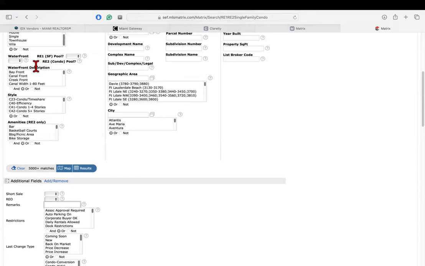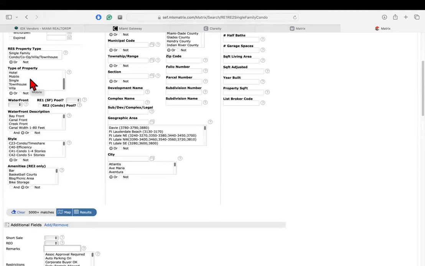Further down, we can search for if the property is waterfront or not, but I want to make sure that I explain what the and, or, and not function does in the MLS. So for example, we have a buyer coming down from New York. They want us to find a single family home that is waterfront, and they want to make sure that it